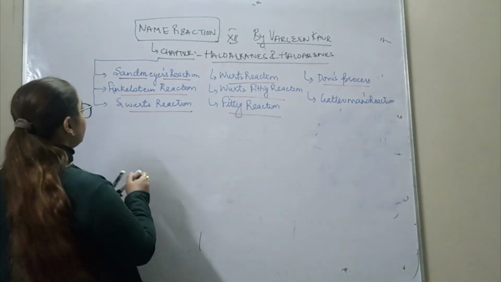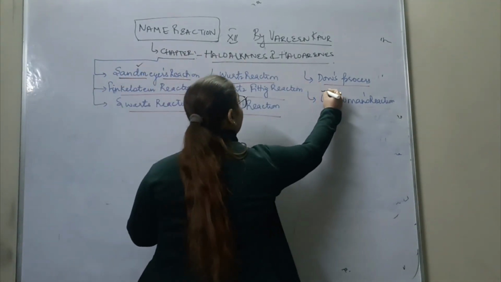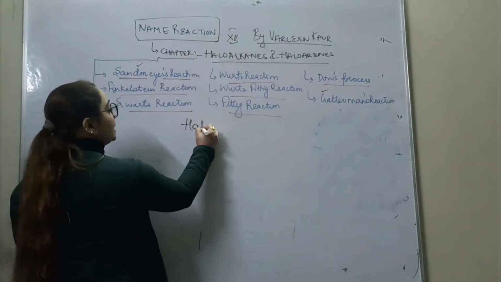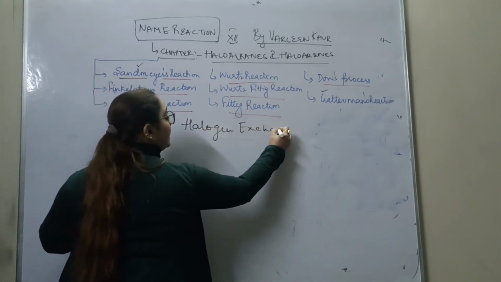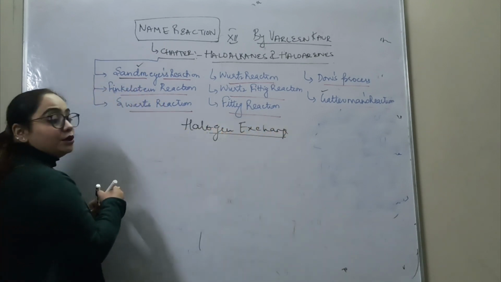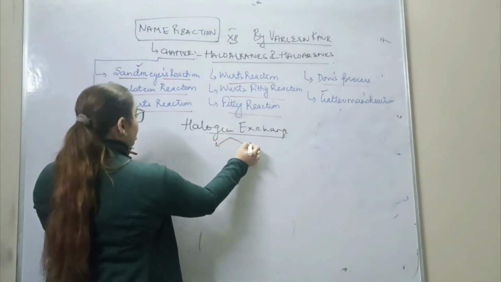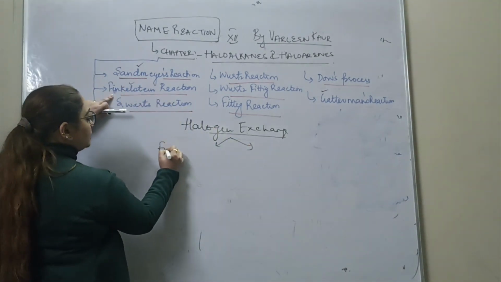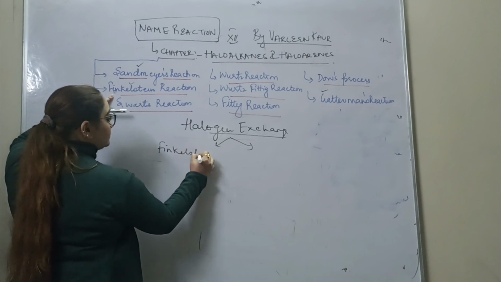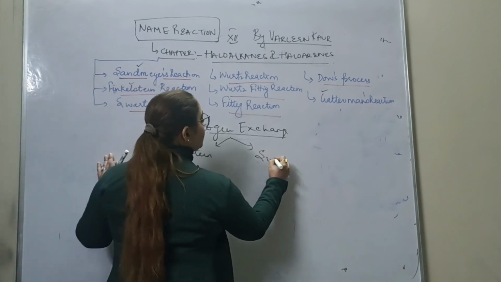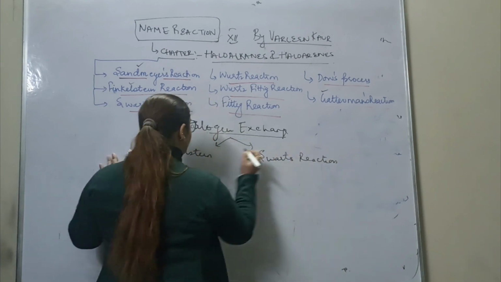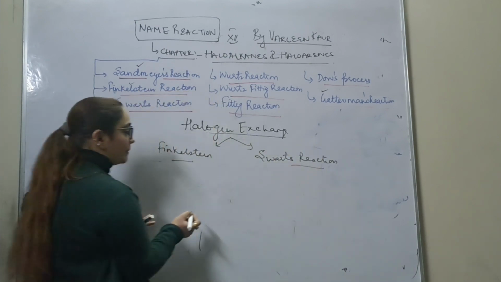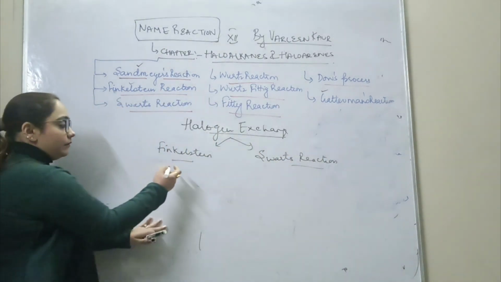So we are through with Sandmeyer's and Gattermann. Next is halogen exchange. In halogen exchange, we have two name reactions: this one, Finkelstein, and the Swarts reaction. Now, in both reactions, what happened? We have